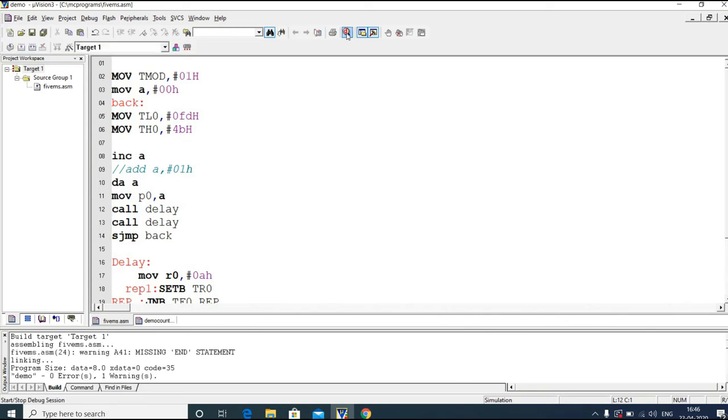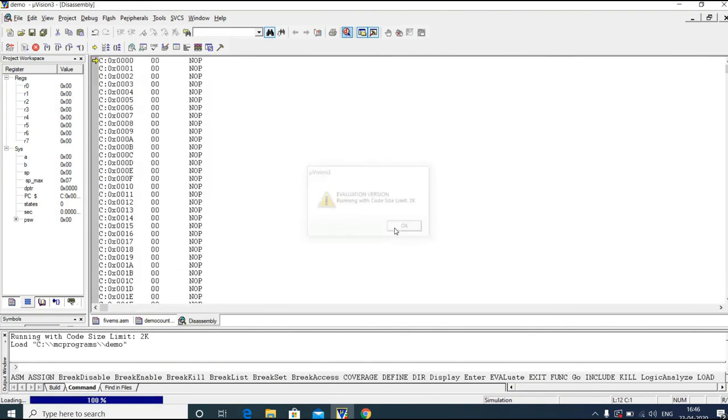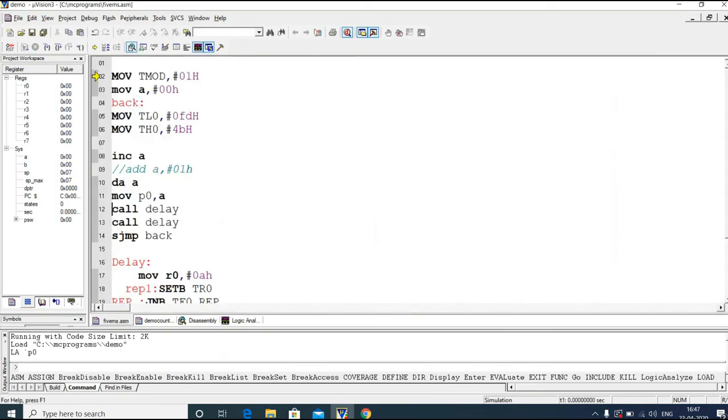Yes, no errors. Now debug this. So now I'll open this window, Port 0. Okay, now we'll watch. See, we are getting 8, 9, 10. In the hexadecimal counter we used to get A, B, C, D, E, F, but in this one we are not getting any hexadecimal value, we are getting just the BCD value. So here 29, 30, 31, 32, 33, 34. So this will count till 99.